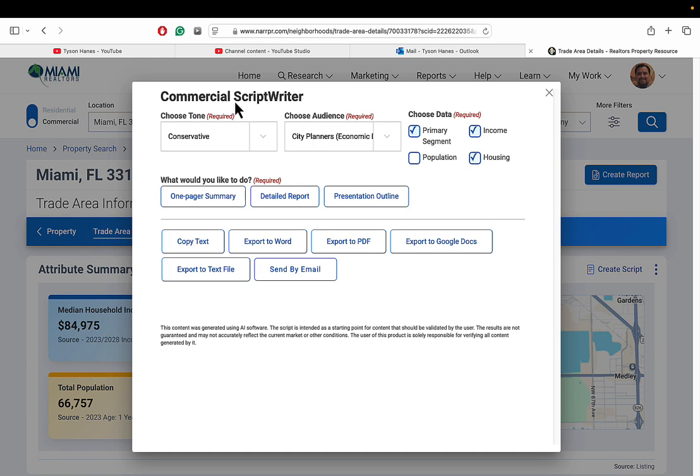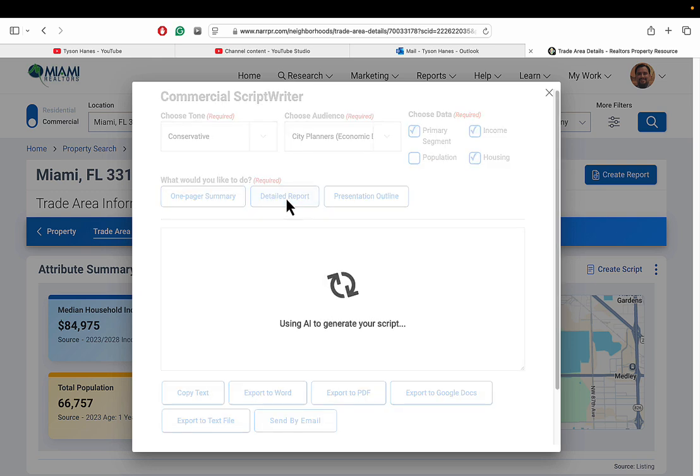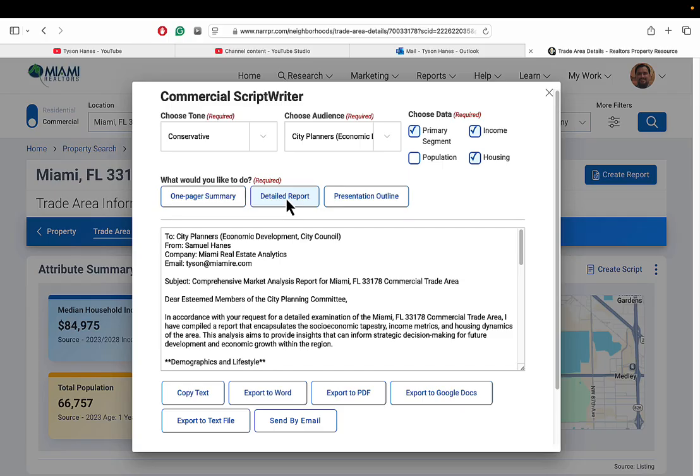Now, when we create this script, we can create a one-page summary, a full detailed report, or an overall presentation outline. I love the presentation outline. I could just look at the talking points that I want to discuss as I have the trade area report maybe on a screen, or if I need the full detailed report, I can click on this little section right here. So for this demonstration, we are going to click on detailed report so that we could try to convince the city to rezone these offices for residential. That detailed report will include the audience that we created the script for, our information including our brokerage and email address, the subject,